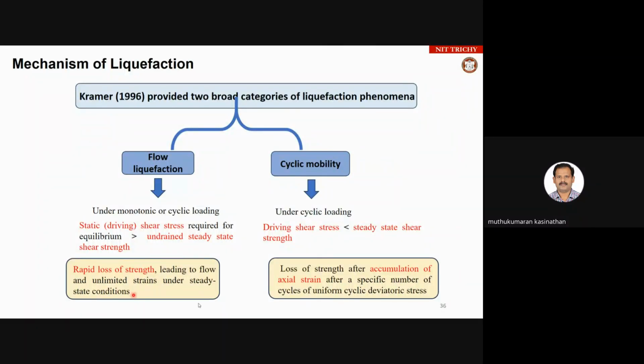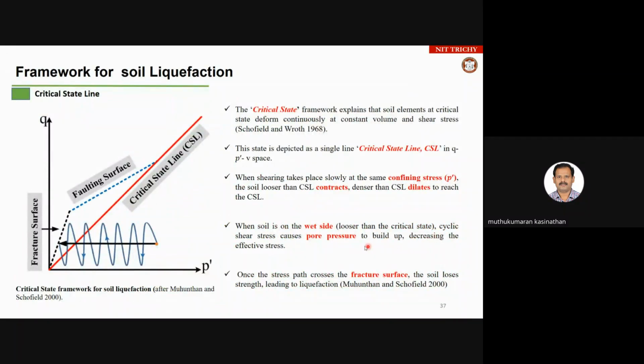Whereas cyclic mobility is where the applied stress is less than the steady state shear strength, normally induced through cyclic loading. So again, it is a loss of shear strength, accumulating axial strain up to a specific number of cycles, where the uniform stress is applied. So basically, we have gone with just to have a critical state, what is happening. As you know, this is the normal response when you are considering cyclic flow. So this is a typical